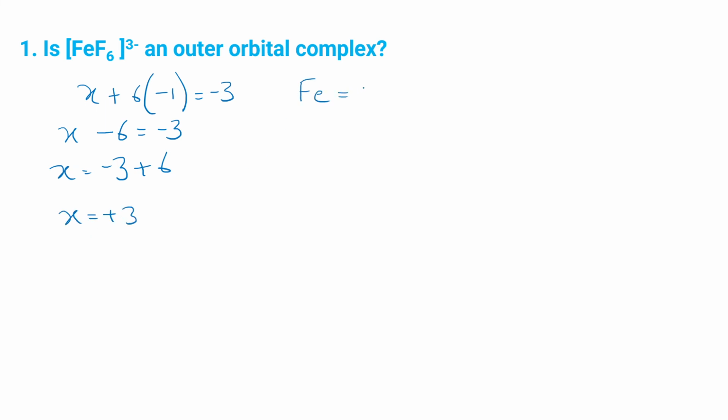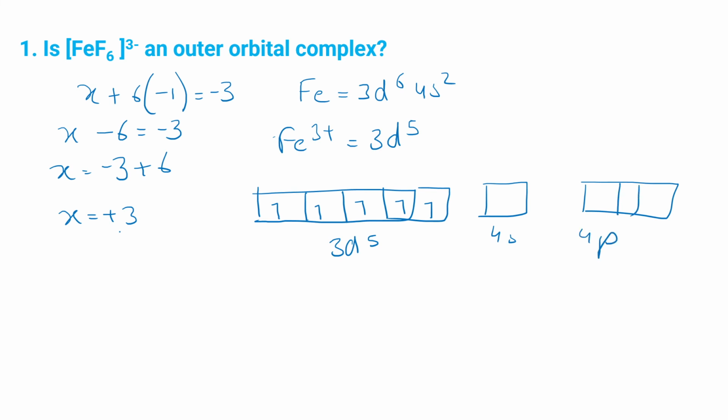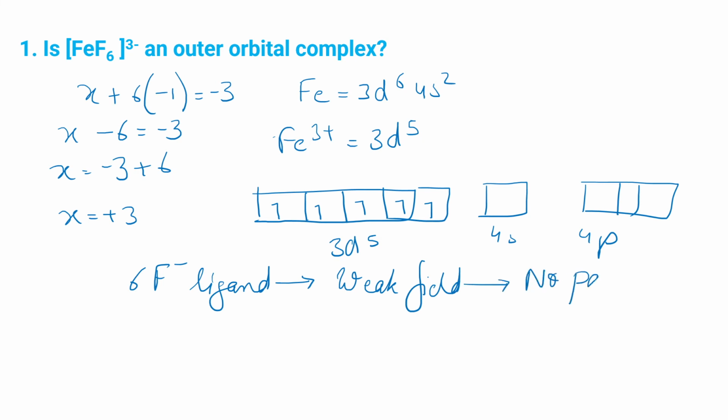Iron has an electronic configuration 3d6 4s2. Iron 3 plus will have an electronic configuration 3d5. So fill up those 5 electrons in the 3d orbital: 1, 2, 3, 4 and 5. 3d5, 4s is empty, 4p is empty. So we have 6 F minus ligands. Are these strong or weak? As we know, halogens are weak field ligands. So will they cause any pairing? No pairing of